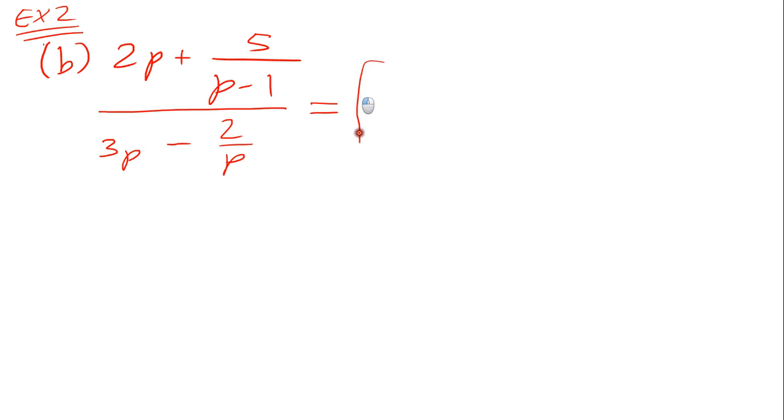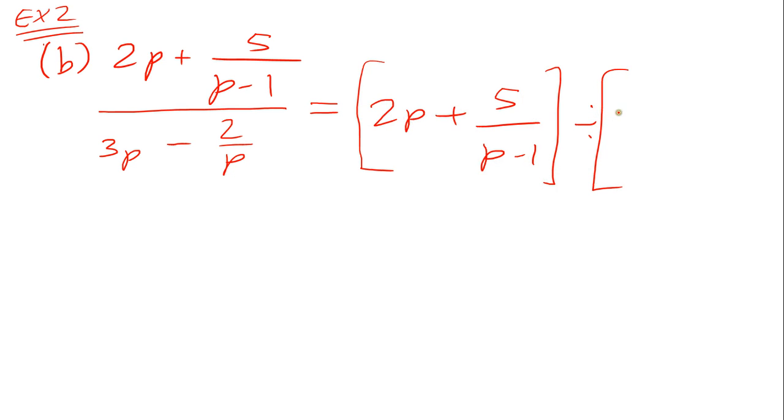So again I'm going to do the same thing. I'm going to go ahead and do this in one step, well actually no, I won't. 2p plus 5 over p minus 1 divided by 3p minus 2 over p. So that is going to be equal to